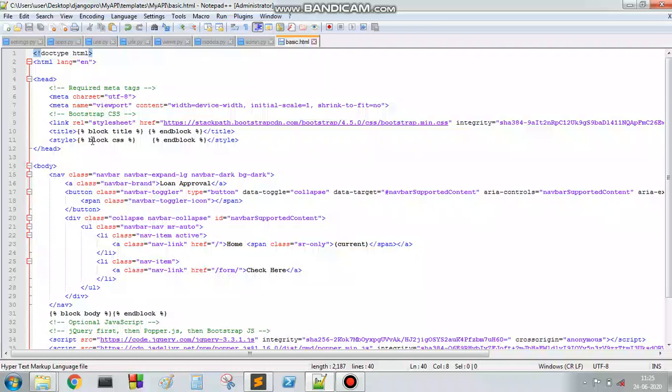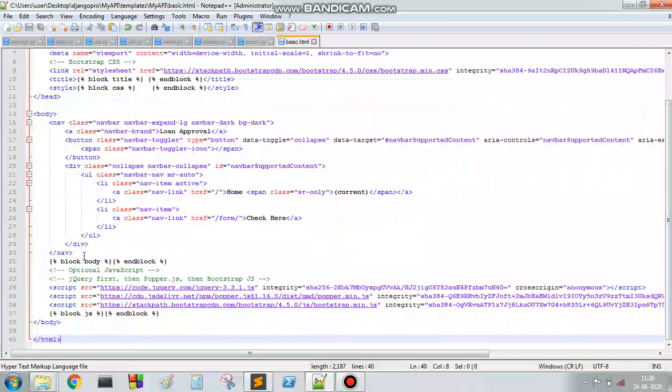If you change any style, then you have to put the code inside this block CSS. If you change the title, then you put the changes inside this block title. Similarly, the body also has a block, and the JavaScript also has a block.